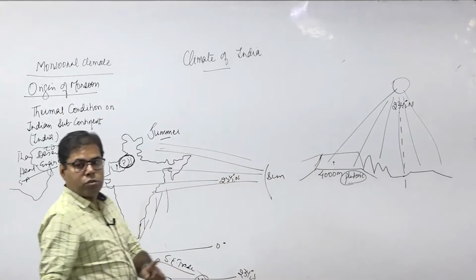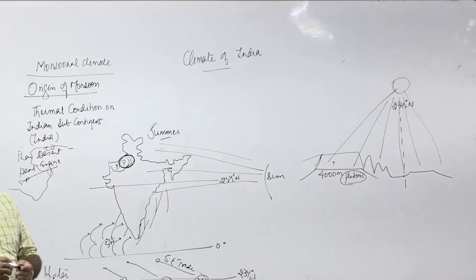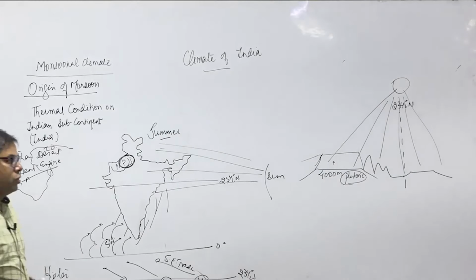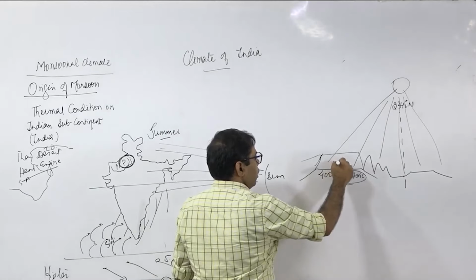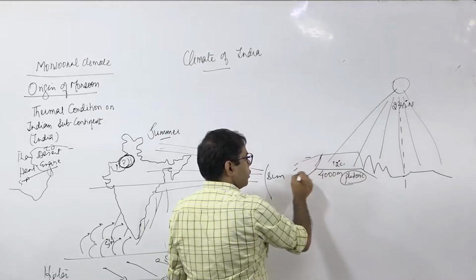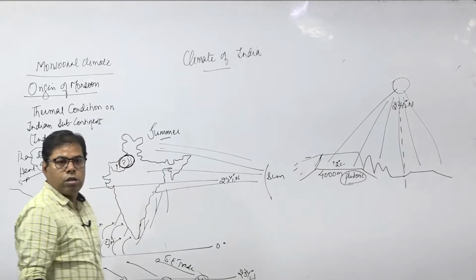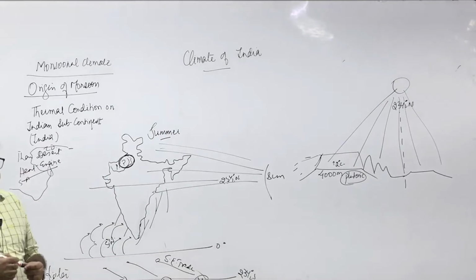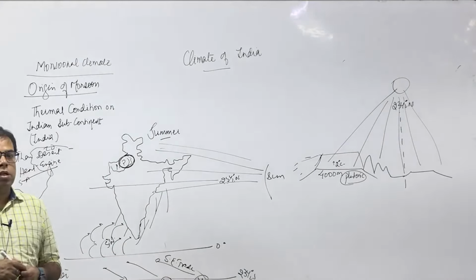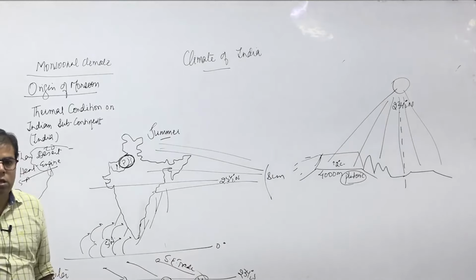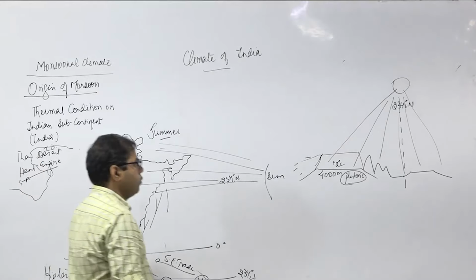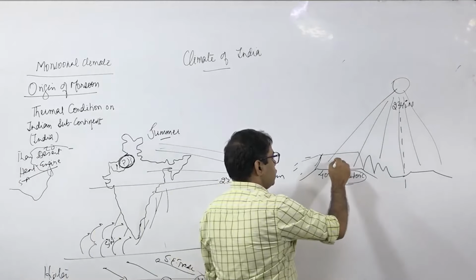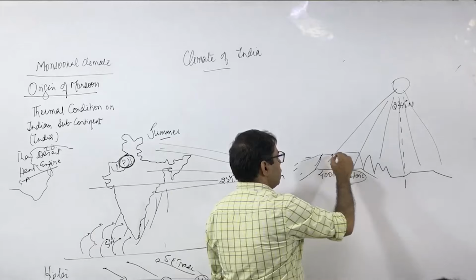But the temperature does not reach there like 40 degrees, 45 degrees. There it is only 2 degrees Celsius higher than the surrounding areas, right? That is sufficient for heating of the Tibetan plateau. So when there is heat, what happens there? Low pressure develops, a relative low pressure. This relative low pressure center is responsible for convection.